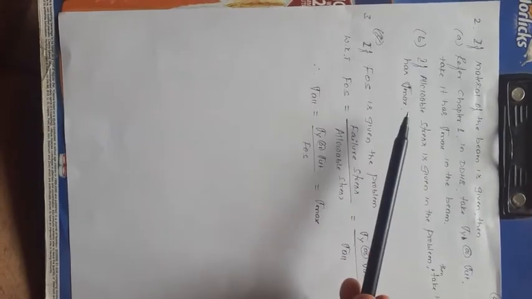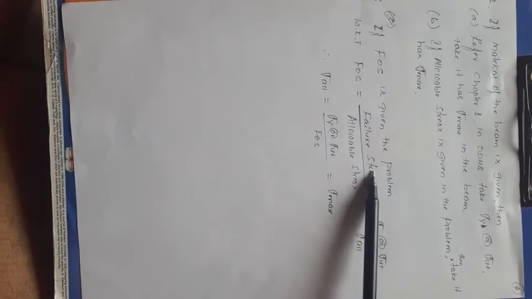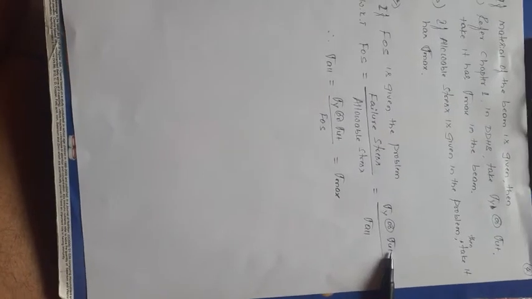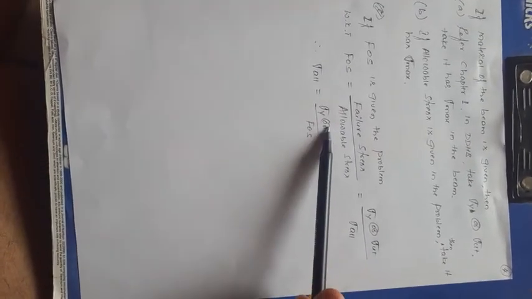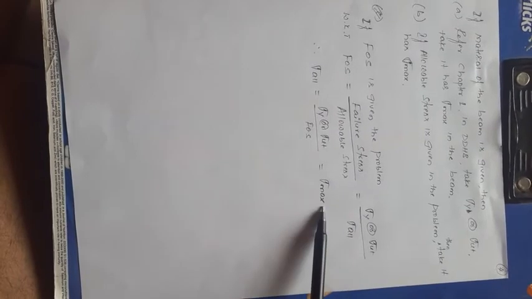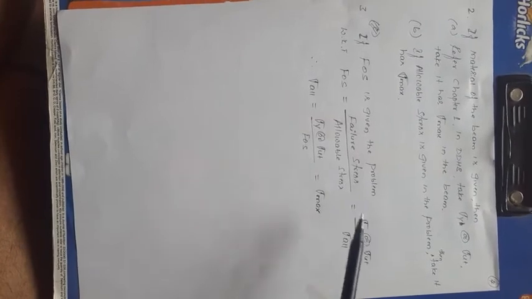The third variety is that instead of these two, the factor of safety is given. As you know, the definition of factor of safety is the failure stress to the allowable stress. The failure stress is considered as either the yield strength or ultimate strength, and allowable stress is sigma allowable, or working stress or design stress. From this we calculate sigma allowable. Sigma allowable is equal to sigma y or sigma yt divided by factor of safety, which is equal to the maximum stress induced in the curved beam. These are the statements you will get, then you simplify and solve. Now you will go on to solve the problems.